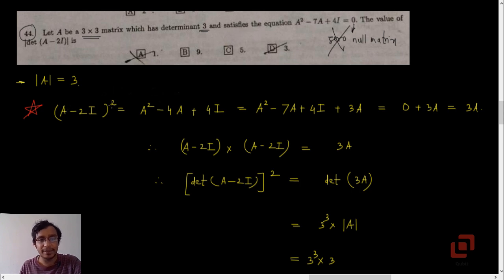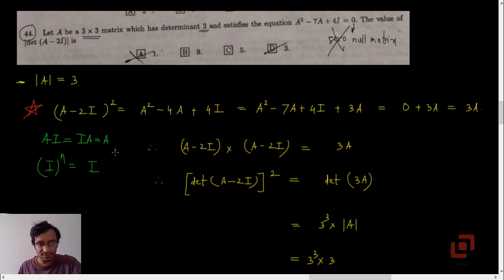What happens if you square A minus 2I? Although matrix multiplication is usually not commutative, A into identity matrix is identity matrix into A, and both of them are equal to A itself. So if you expand this, you can apply the a minus b bracket squared formula, which will give you A squared minus 4A, that is 2ab, plus b squared. Okay, so now b squared is the square of minus 2I. Square of minus 2 is 4, and identity matrix raised to any natural number is the identity matrix itself.